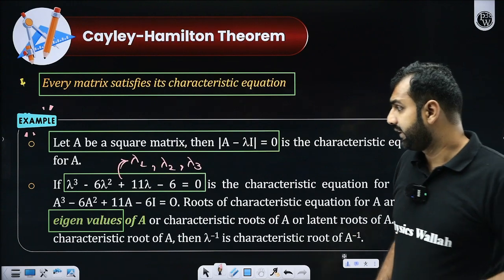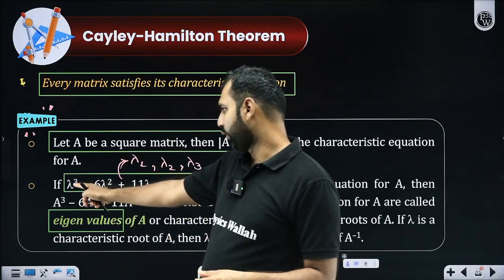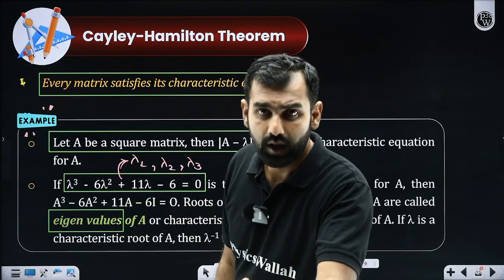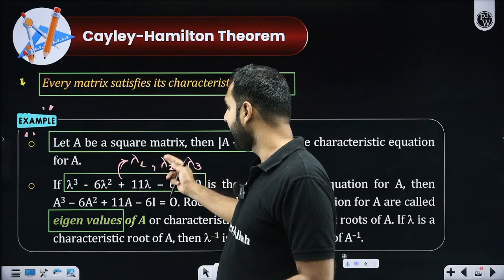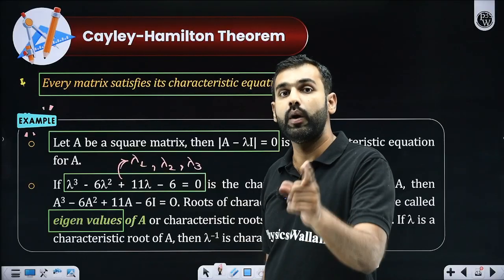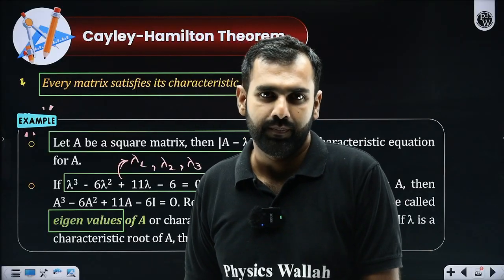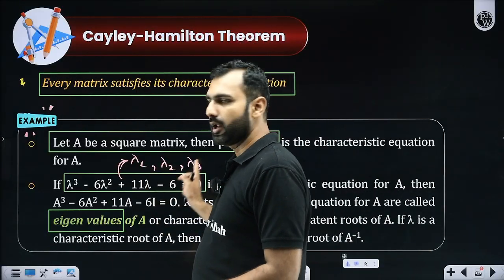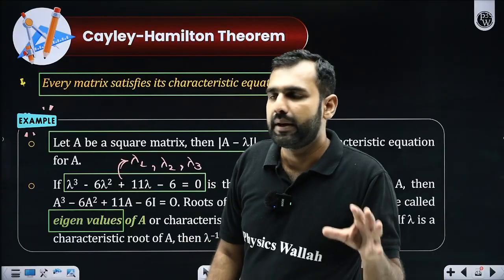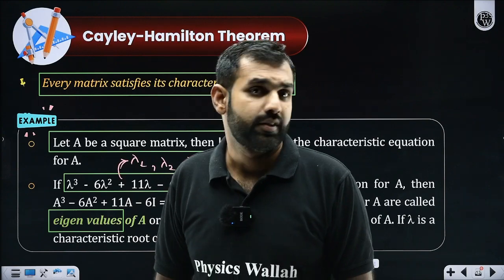What I'm saying here is that if there is a matrix polynomial where this A, first of all, was taken as a variable lambda, and if you solve this polynomial, you will get certain values of lambda: if it is cubic 3, if it is quadratic 2, and those values will be called the eigenvalues. Which means lambda 1, lambda 2, lambda 3 are not the value of A. A is a matrix. It's an arrangement. But if I ask you the eigenvalues of A, they are called lambda 1, lambda 2, lambda 3. Sir, why are we doing this?